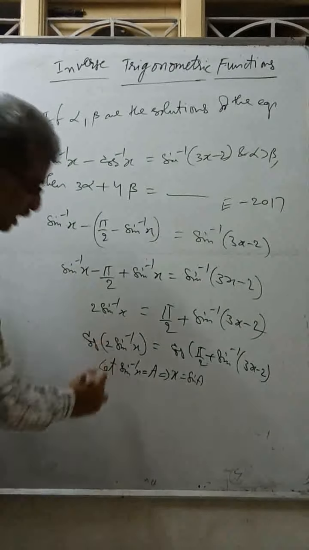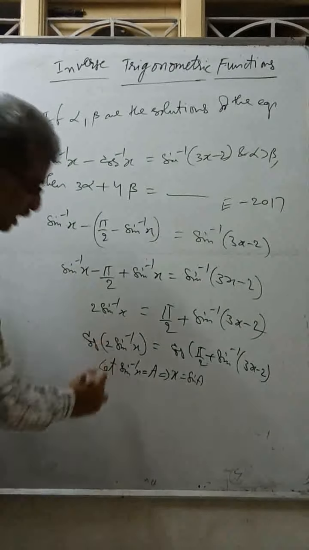That part directly, cos of 90 plus theta is minus sin theta, so minus sin of sin inverse of 3x minus 2. I am applying only for this part. Now cos 2a I can write as 1 minus 2 sin square a, equal to minus, sin inverse sin gets cancelled, left out is 3x minus 2. Now sin a is x, so this is 1 minus 2x square equal to minus 3x plus 2.